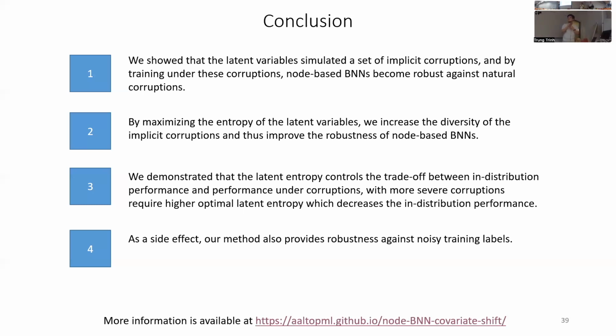So I think one of the possible steps is to find a better indicator of robustness than entropy. Here we found that entropy is one of the simple ways to increase the robustness, but there are probably different metrics that incorporate more of the shape of the posterior distribution that can be more correlated to corruption robustness. And also another direction is to actually represent the latent posterior